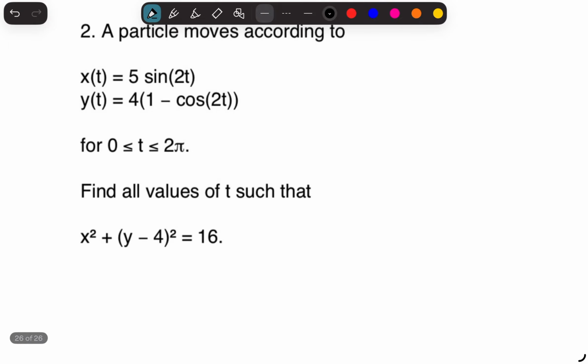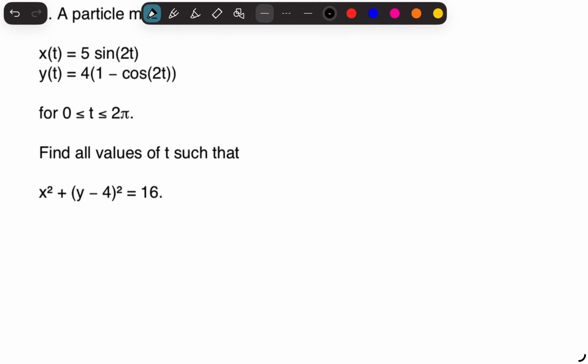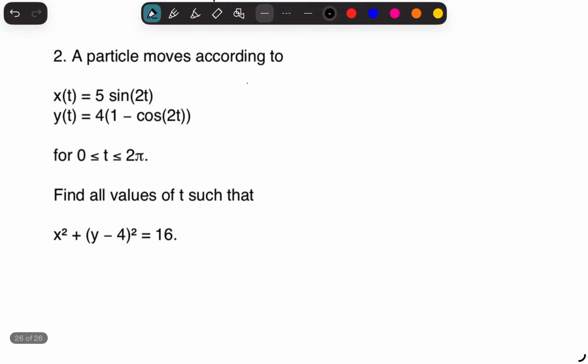A particle moves according to x of t is equal to 5 sine 2t, y of t is equal to 4 times 1 minus cosine 2t, for 0 is less than or equal to t is less than or equal to 2 pi. Find all the values of t such that x squared plus y minus 4 squared is equal to 16. So what we can do here again is we can immediately square both of our sides here, and